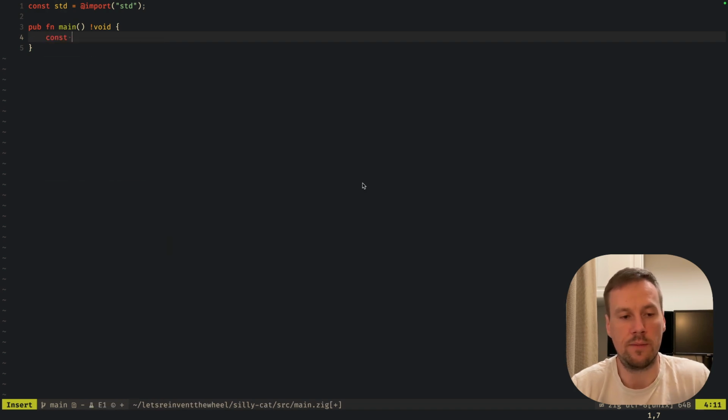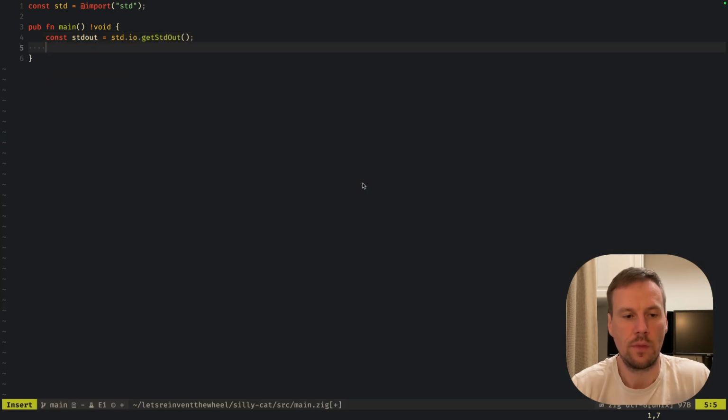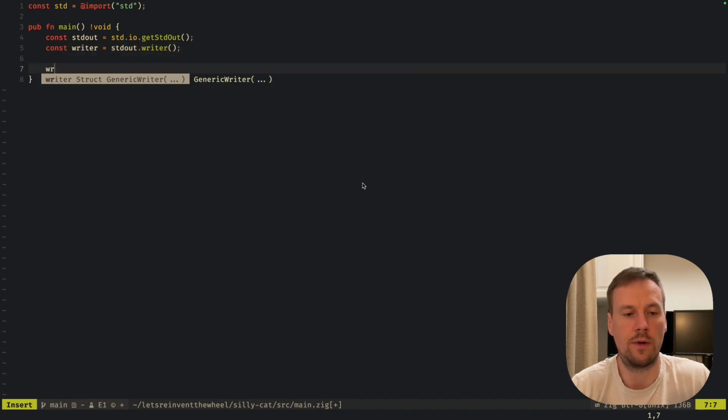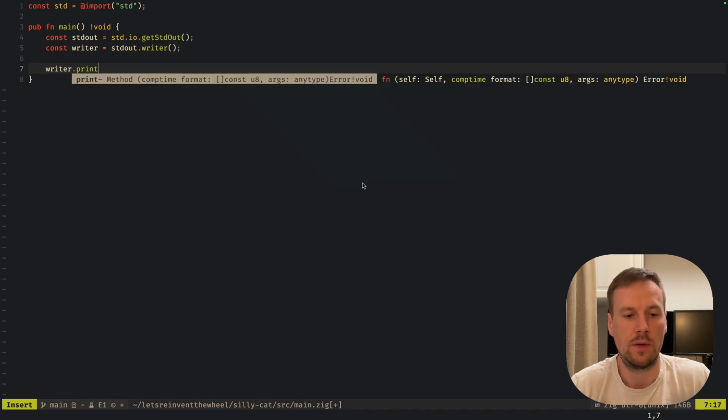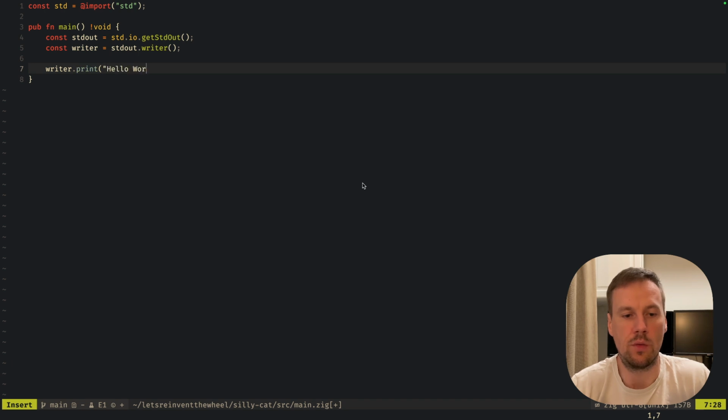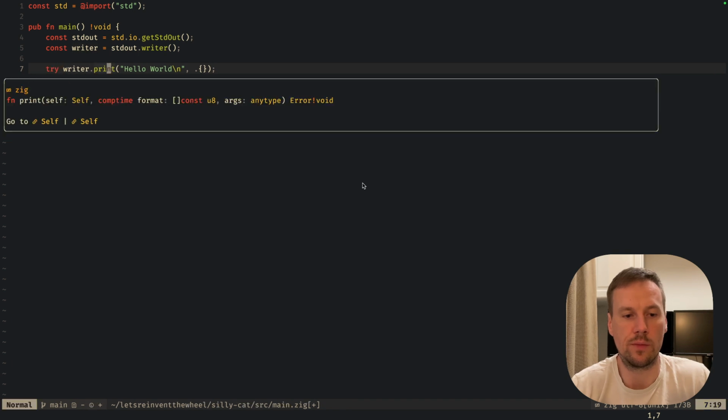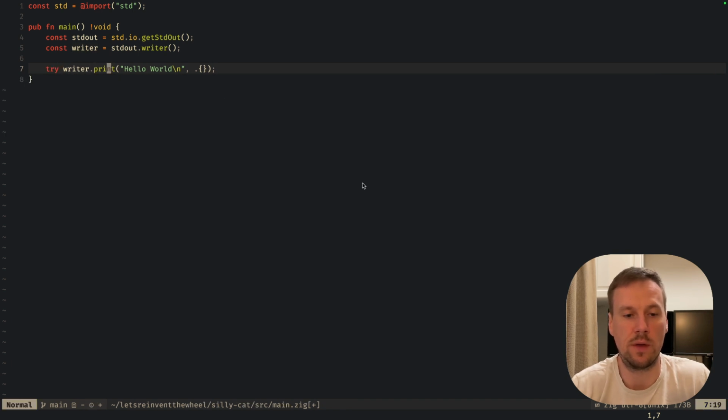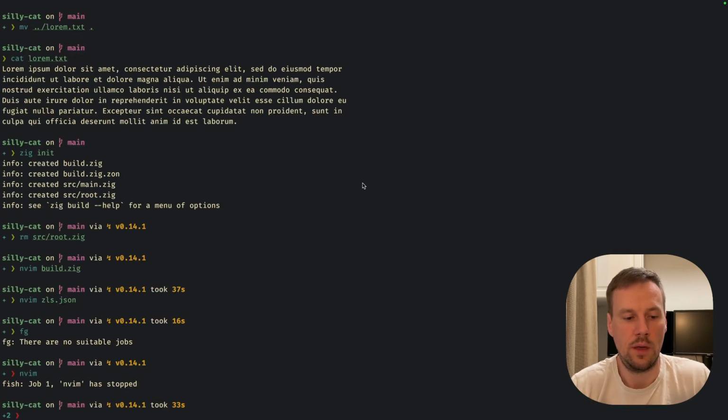And once this is done, let's see our main.zig, we can print out a simple hello world. Let's do it this way. So stdout is get the writer, stdout writer. Now we can finally print something like hello world, and we need to try it because print says that, hey, it can fail. Now we can run our command